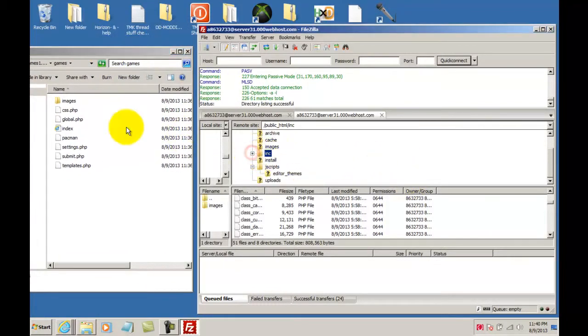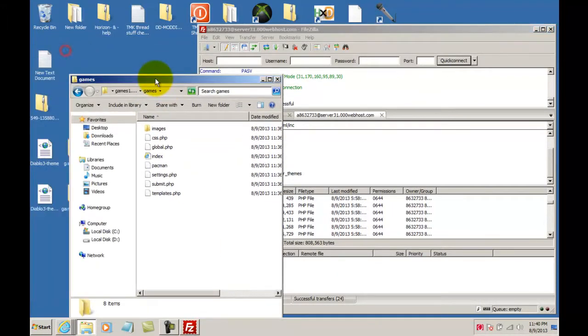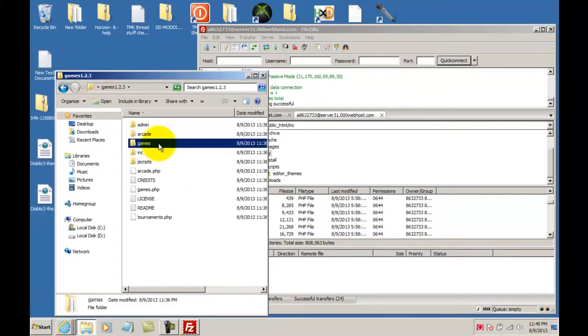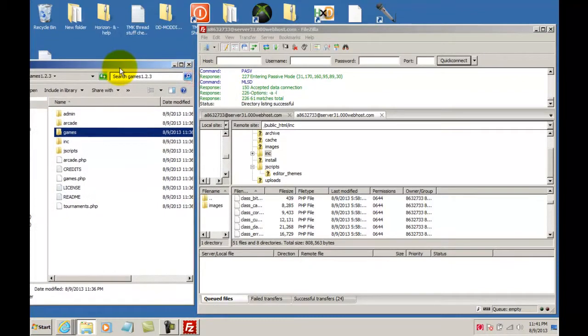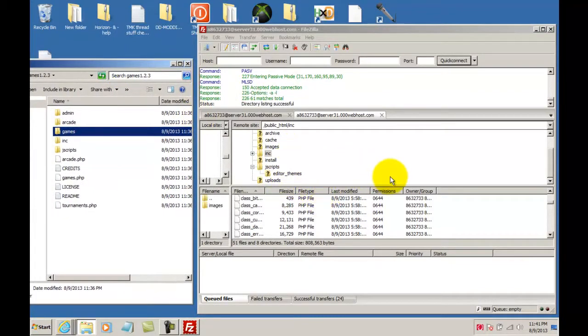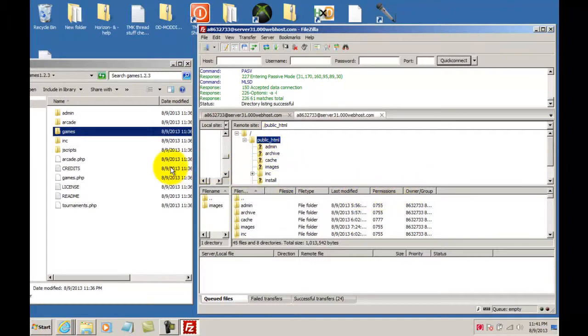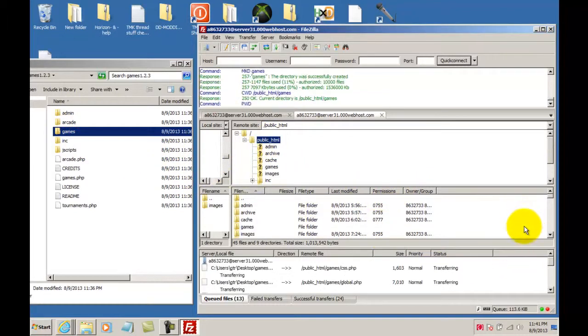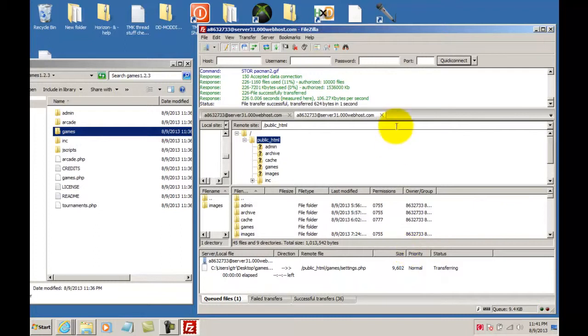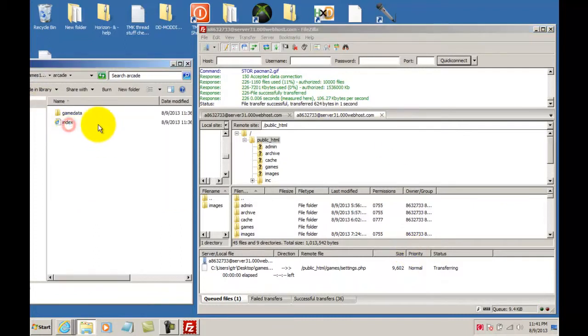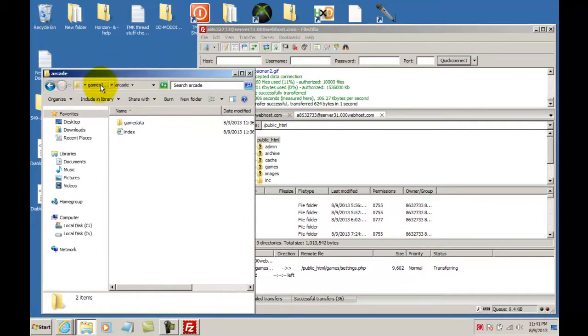Alright. Well, actually, the biggest thing is that it can just be dragged over. Okay, watch this. Click on public HTML again, go to games, and drag and drop. Hopefully everything goes in there correctly. If not, it's going to be bad. Okay, this arcade thing here actually